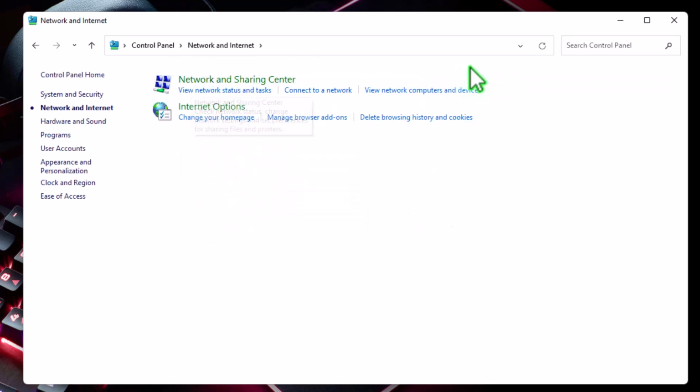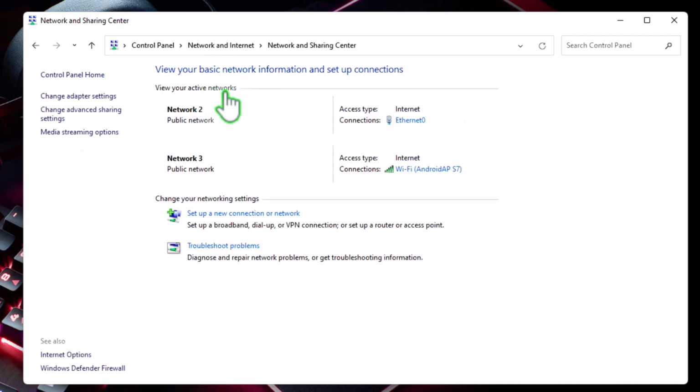So once in the Network and Sharing Center, you can do View network status and tasks. Okay, so here we can actually see we've got two network adapters. Network 2 is a wired LAN connection, and Network 3 here is the wireless connection. And you can see that because it says wireless, and you've got the little bar here for signal strength. So now if we click on the wireless network,